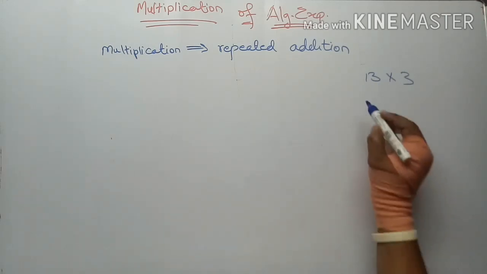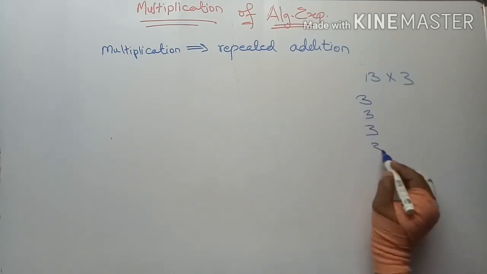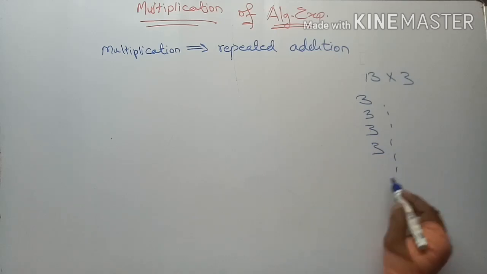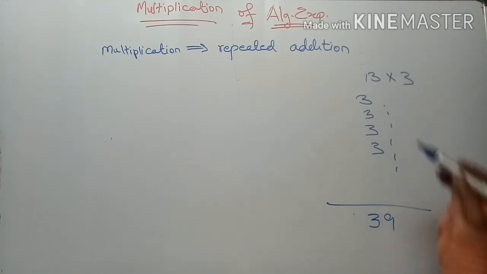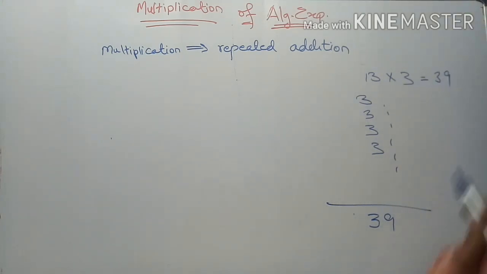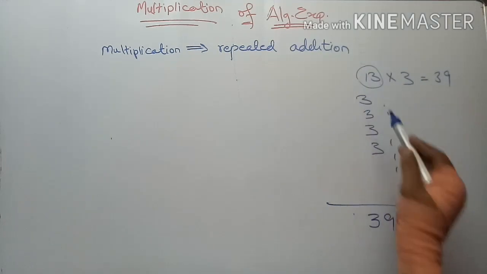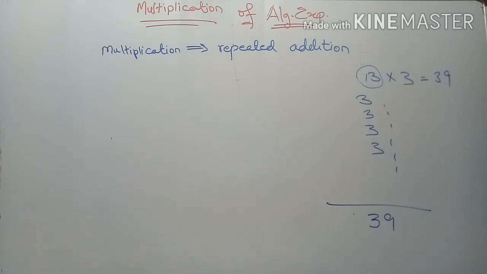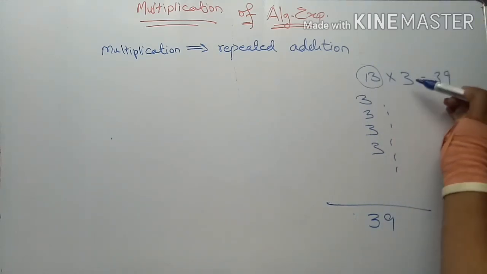13 threes are. So we'll have 3 added 13 times. Whatever we get is the answer, that is, 13 threes are 39. So when you add 3 thirteen times, you get 39, or you can read it vice versa. It means the same thing: 13 when added 3 times gives you 39, or 3 when added 13